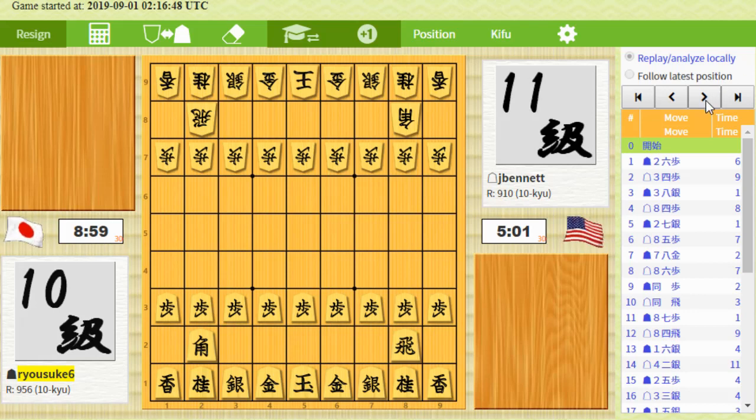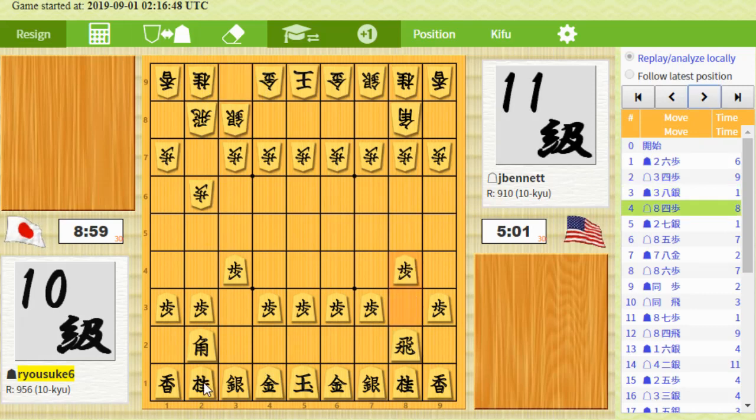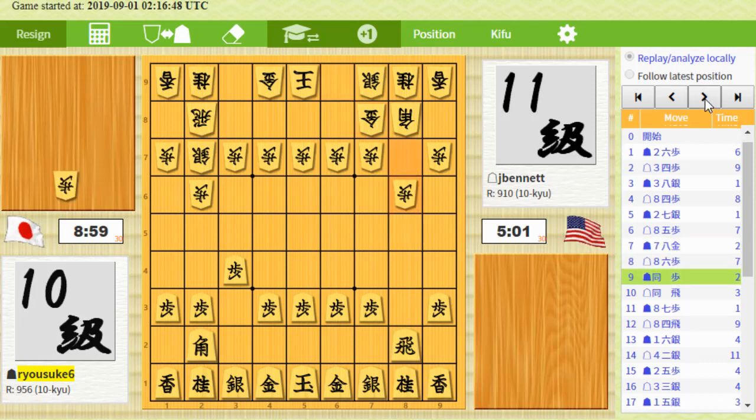So I have white here. My opponent starts off pushing his rook pawn. And, you know, I think knowing what I do now, I probably should have started moving this silver forward. But in any case, I started pushing my rook pawn. And he defended with his gold the way you're supposed to. And then we got this